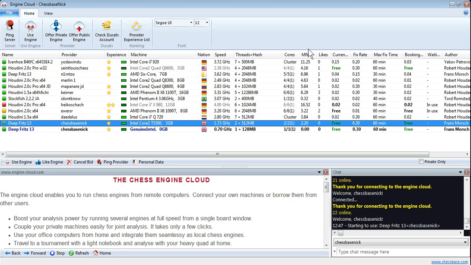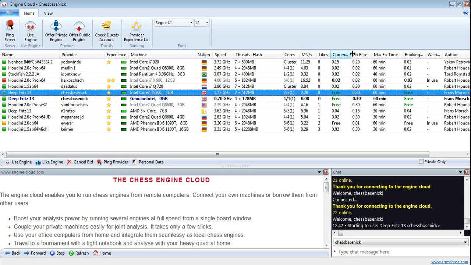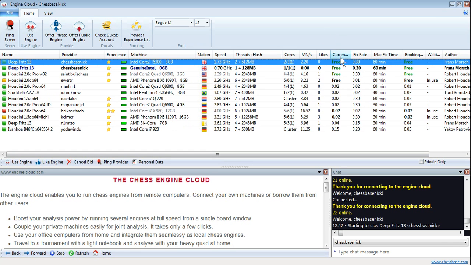Although it's not showing up, but yeah, if people like the engine, it's a bit similar to the Experience server-based features, and we'll talk a little bit about these rates in another video. But basically, look at these dots on the left. If it's a green dot on the left, you can just double-click to start using it. And there's lots of different features of pricing, which we'll talk about a little bit later, but you might also get some free engines, so let's have a look at those right now, just to show you the